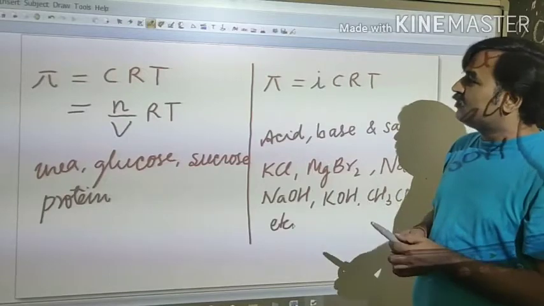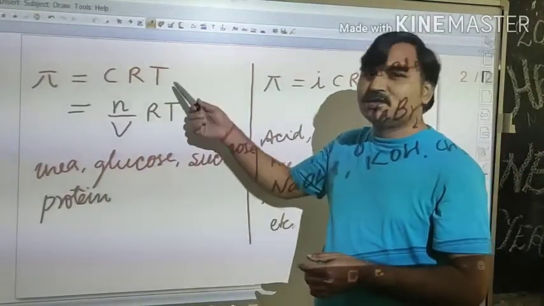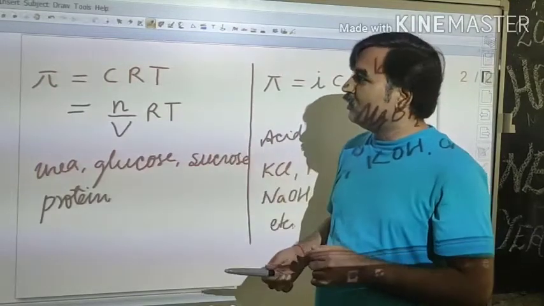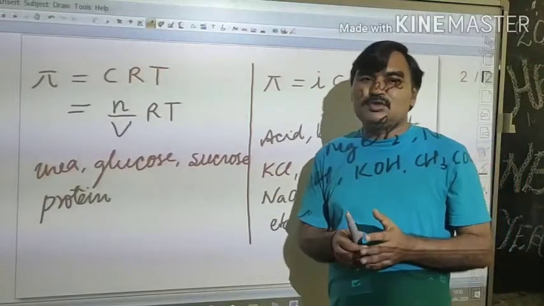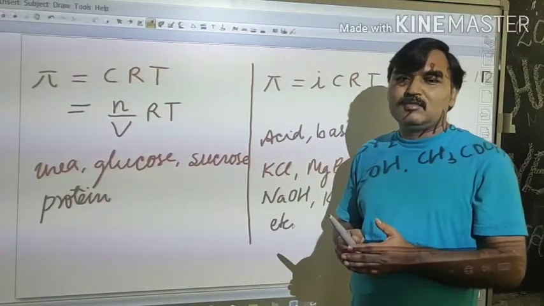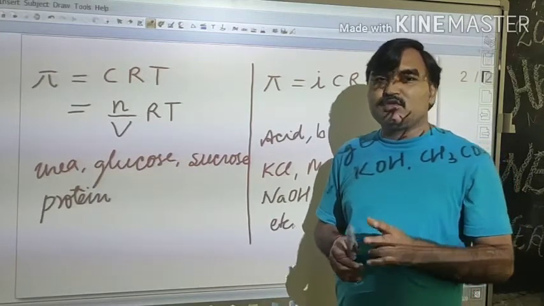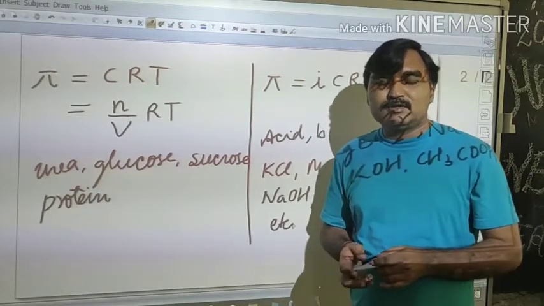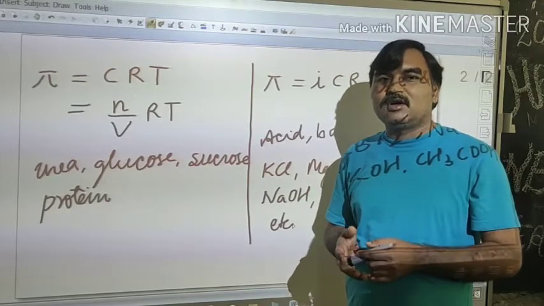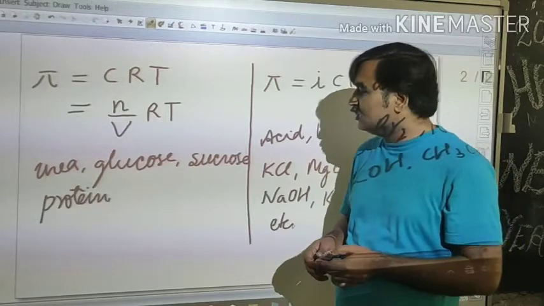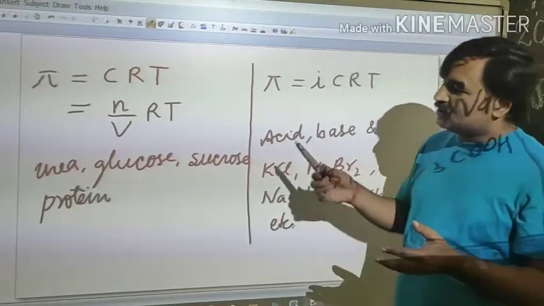Second thing is that in the osmotic pressure formula we use temperature in Kelvin, but in the other formulas there is no need to convert into Kelvin, because delta Tb or delta Tf is the difference of two temperatures, and the difference of two temperatures will be the same either in Kelvin or in Celsius. So now let's see some problems based on these topics.